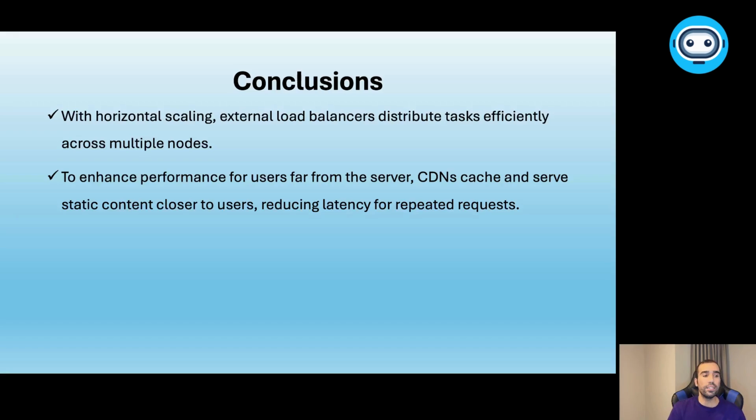With horizontal scaling, external load balancers distribute tasks efficiently across multiple nodes. I showed you how load balancers try to distribute the tasks across different replicas, different workers. To enhance performance for users, CDNs cache and serve static content closer to users, reducing latency for repeated